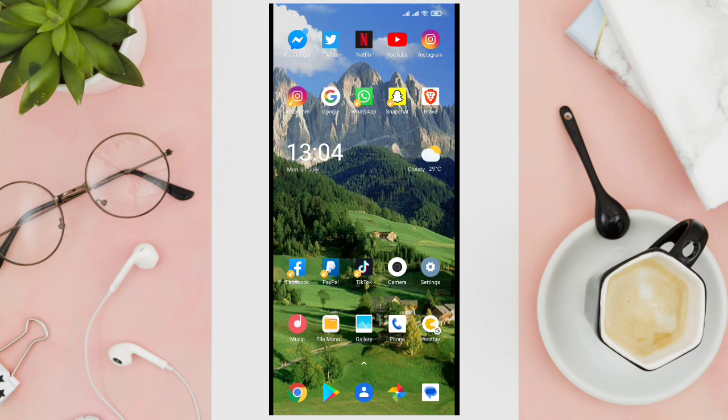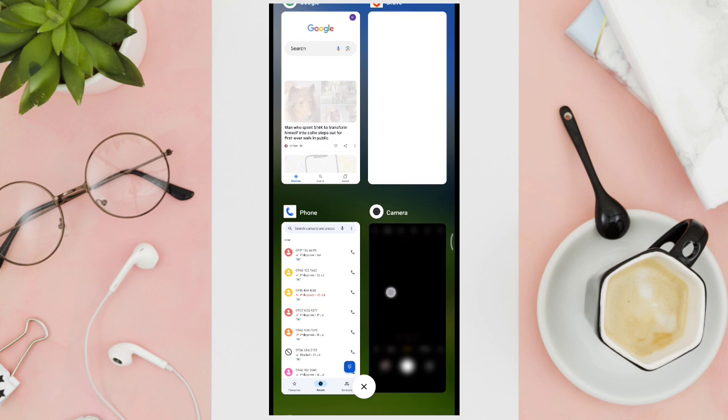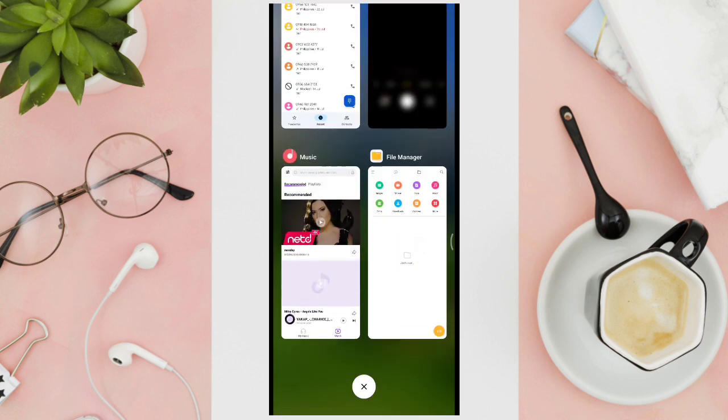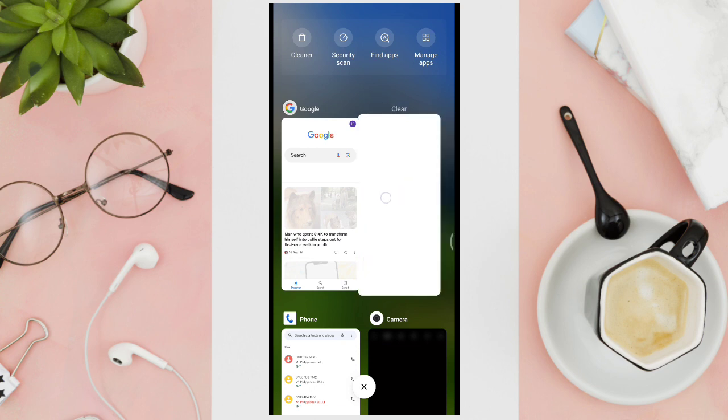Okay, now after opening different apps, in order to close all of that, we'll just have to swipe up from the bottom corner of our screen, and from there we'll be able to see the applications. Now, in order to close all of that, we'll just have to slide that to our right or to our